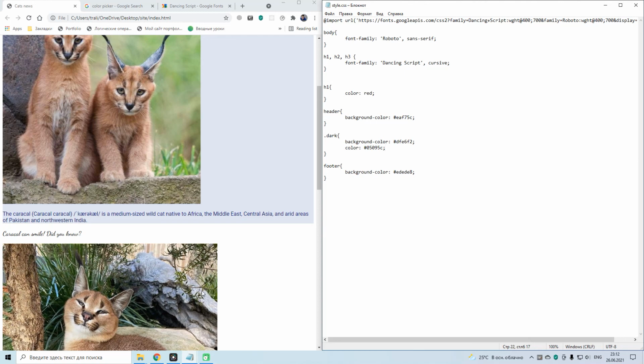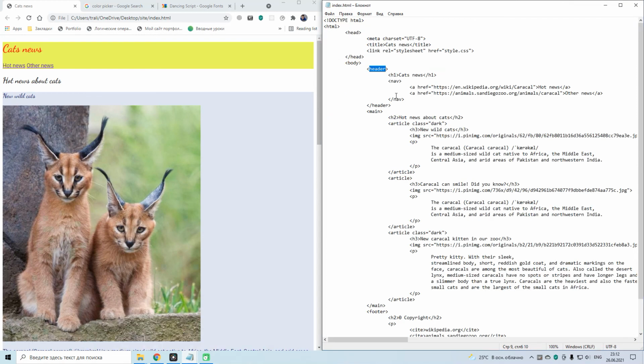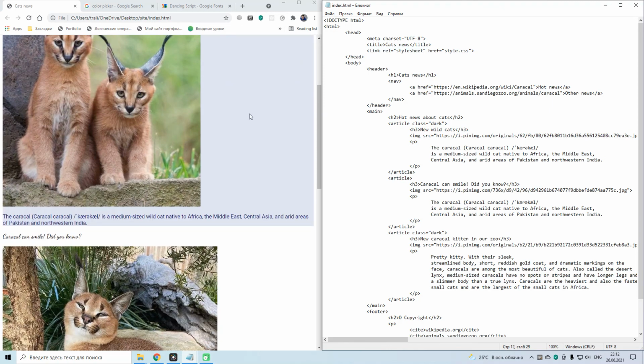Okay, guys, I hope I have made it clear about our homework, about using separate file for styles, about tag link for it, just to make it work, yeah, about alteration, and about our HTML and